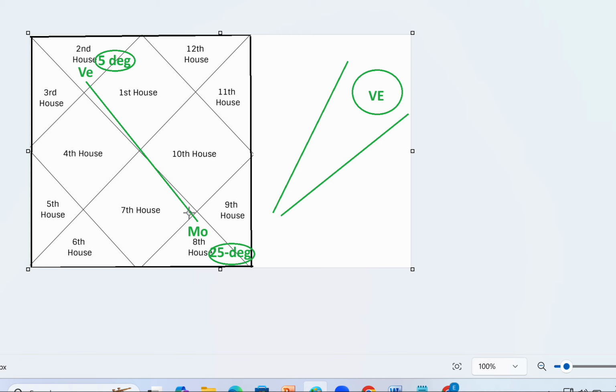So when the degree is not within the plus or minus 5 degrees orb, it's not going to influence at all. So I don't have to bother. I don't have to be afraid that in the Moon dasha, first of all, it is debilitated, much away from the ideal debilitation angle, and Venus is much away from the Moon. So I really don't have to bother that the Moon is going to destroy my second house.